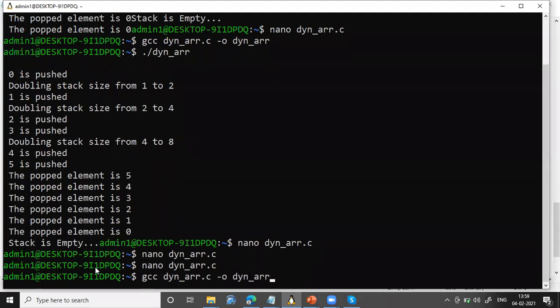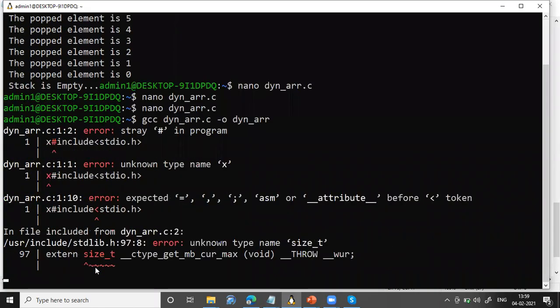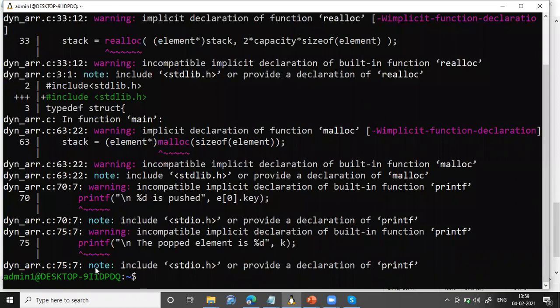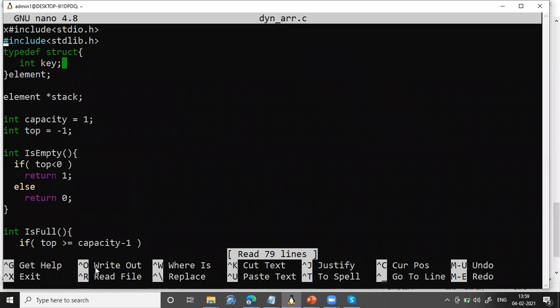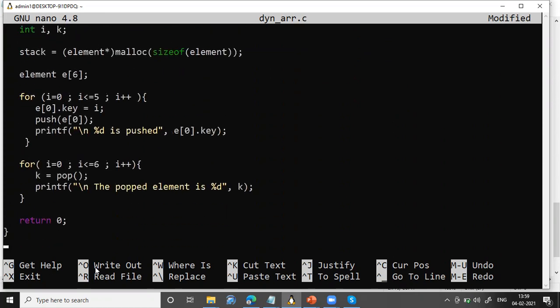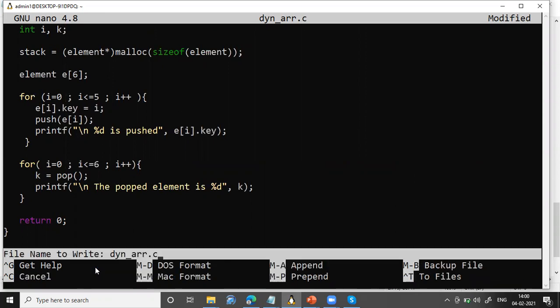Let me compile. This should be E of i. This is E of i, this is also E of i, this is also E of i, right?